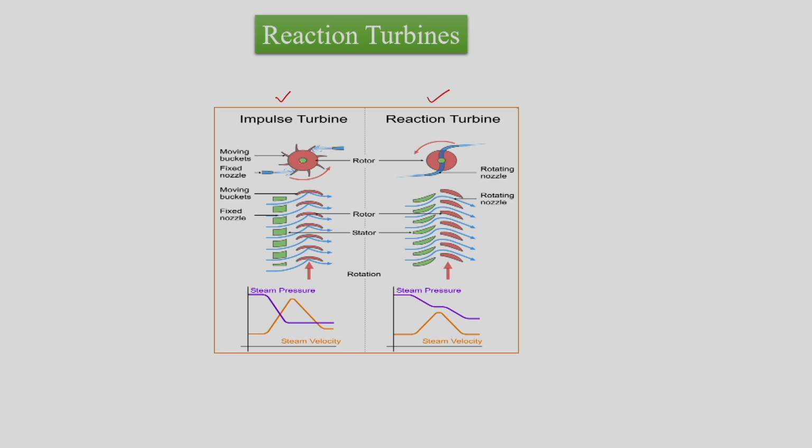This figure is a demonstration from the perspective of the working fundamentals for impulse and reaction turbine, and this is not exactly one-to-one related with the steam turbine, but in general we will have a nozzle and we will have moving blades. So there will be an enthalpy drop and pressure decrease in the nozzle, and then pressure does not change in the moving blades. Velocity will increase in the nozzle and then velocity will decrease in the moving blades. This is the fundamental on which an impulse turbine works.